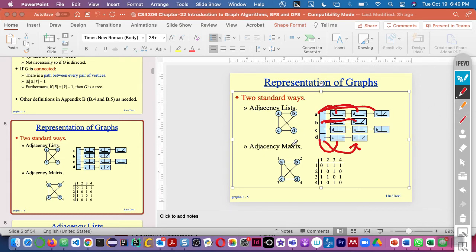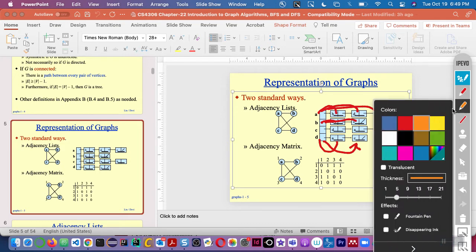There is another way to represent graphs: the adjacency matrix. A matrix is a two-dimensional array. For instance, you can label A, B, C, D, or additionally give them numbers 1, 2, 3, 4. So with this you can give